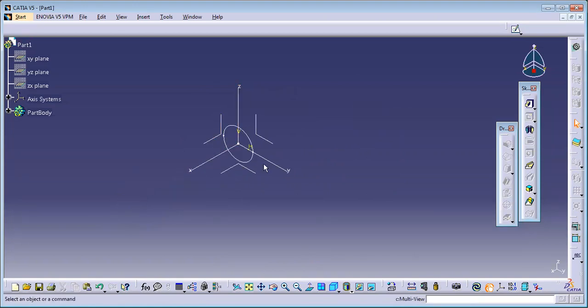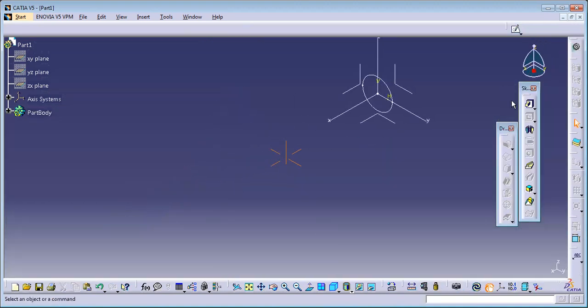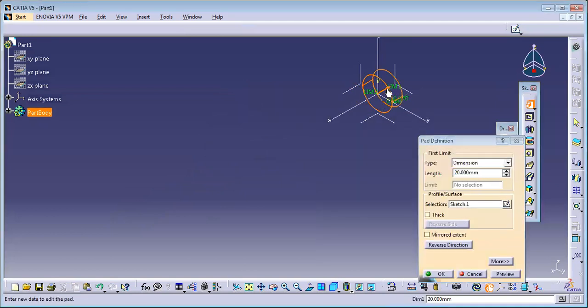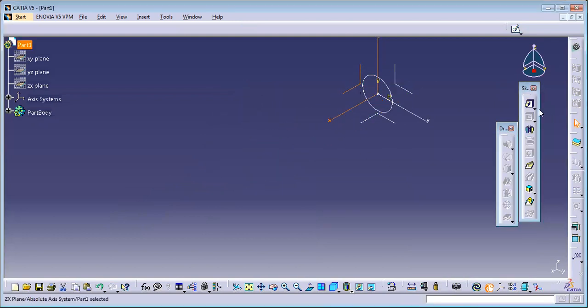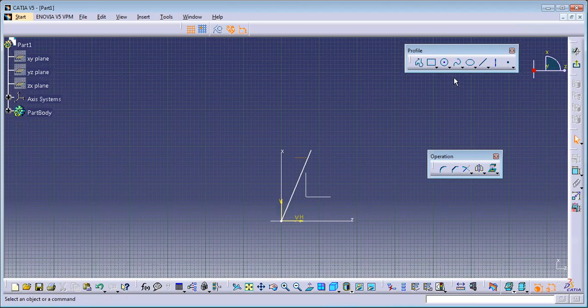Okay. See, I'll just reduce, no, let it be. So we know that if I go with this pad and if I select this, I can add the material on the X direction, right? Yes, sir. Okay. So to change the orientation, what we did, we click on this perpendicular plane to the sketch and we went on sketching. So what we did is we created a line like this and we have shifted the orientation of it, right? Yes, sir. So now what my orientation and my path is something like this.